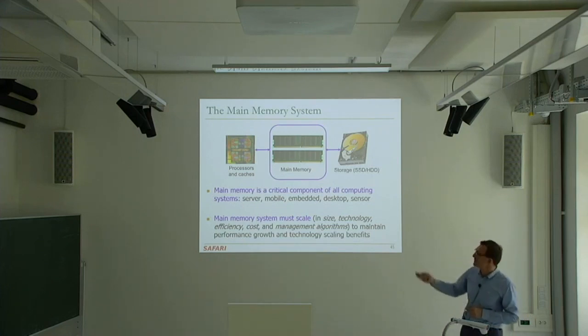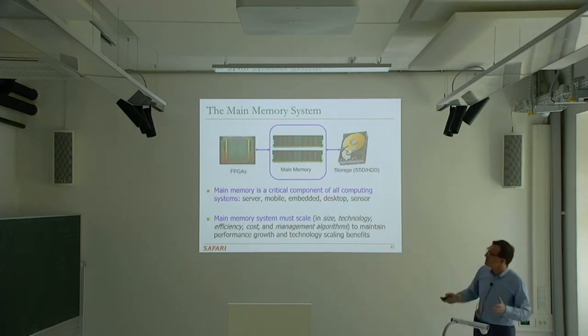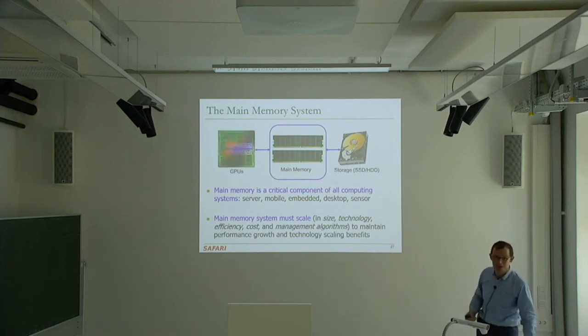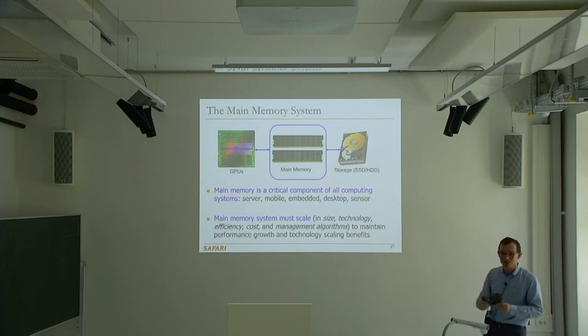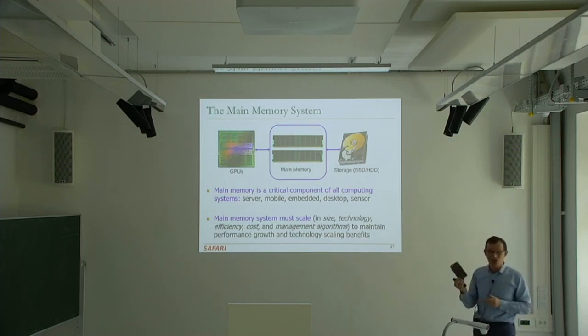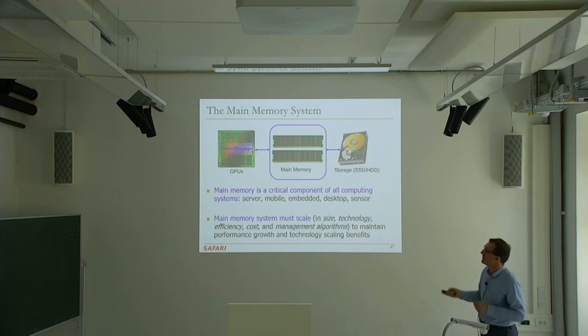You could be putting processors and caches, some FPGAs, some GPUs, some accelerators. And today, actually, we're putting a heterogeneous combination of all of those, right? This one, for example, main memory is shared by many, many accelerators. And going forward, there'll be FPGAs as well. You're bottlenecked by this connection to main memory.